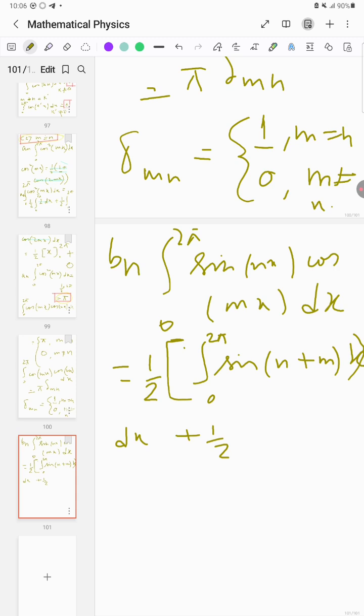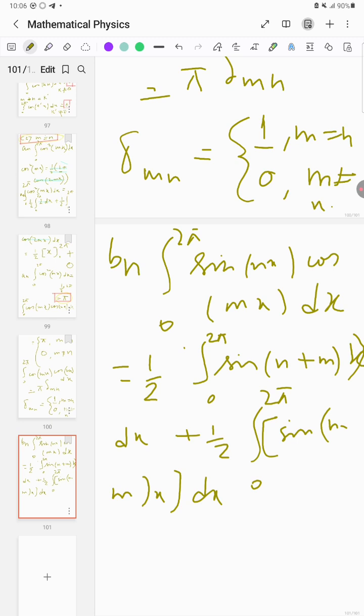Let us move this bracket because this bracket is making things complicated. Half integration 0 to 2 pi sine (n minus m)x dx. All right,